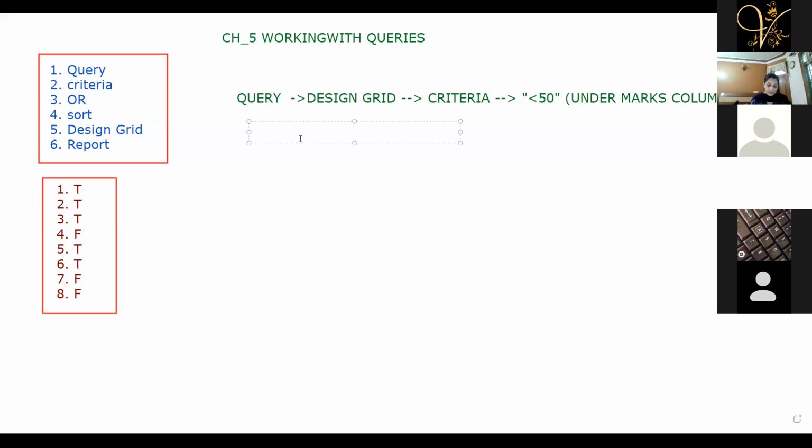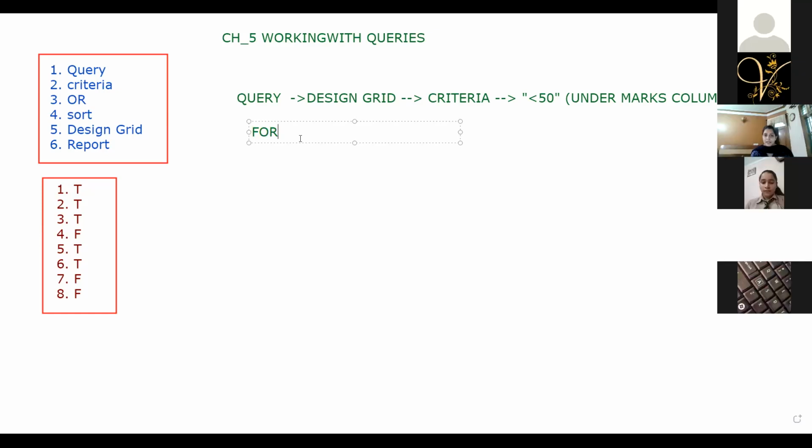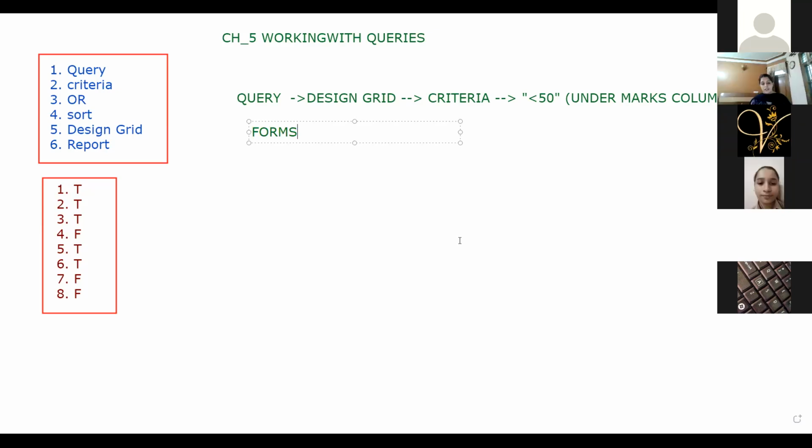Johnson and Johnson company has a huge database of employees. The company wants to maintain the privacy of each employee and has given the instructions to computer operators to update each record one at a time. So which database object will you use? One record at a time you have to update. So which object you will use? Forms. In the forms, we can update the data one record at a time. Okay. This thing is clear, bache? The answer is clear, yes or no?